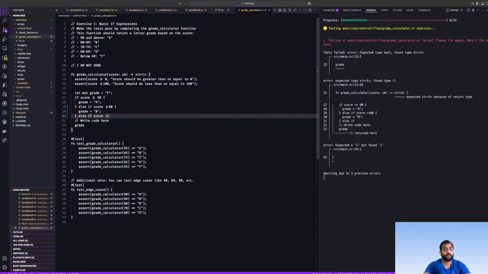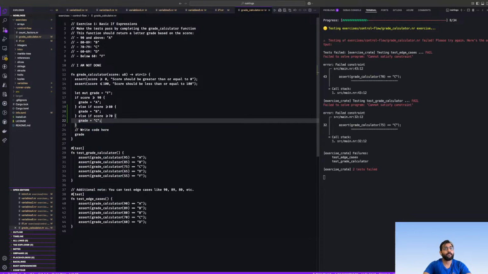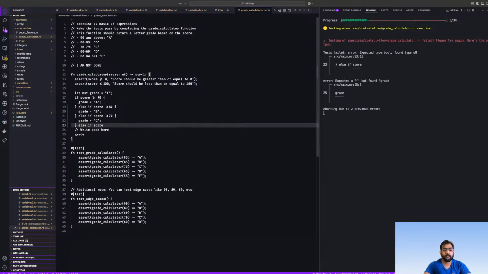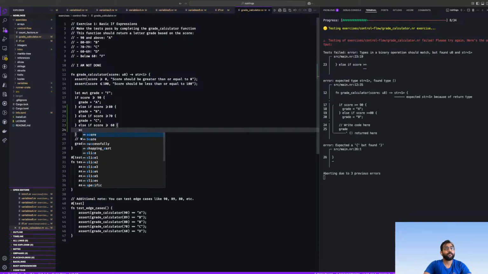Score is greater than or equal to 70, grade equals C. Okay. Else if score greater than or equal to 60, grade equals D.